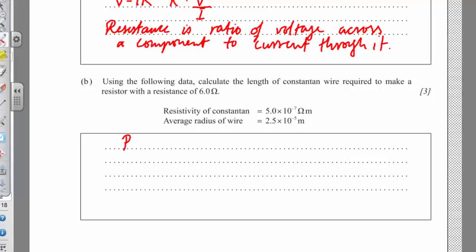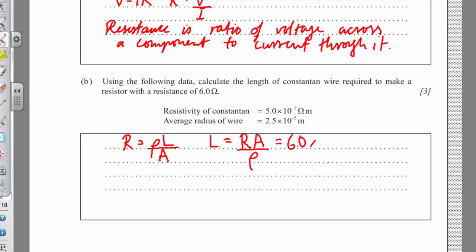Well, we know that R is equal to resistivity times length over cross-sectional area. Is that right? I think so. And so we want a resistance of 6. So we want R, and we want to work out the length. So let's just rearrange it for L first. Here we go. L, therefore, is going to be equal to RA over rho,